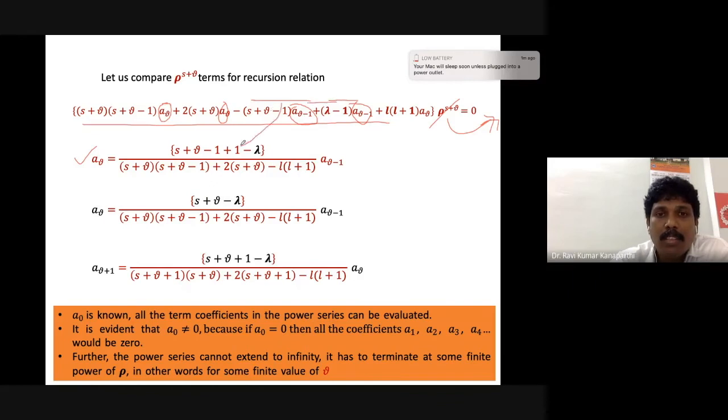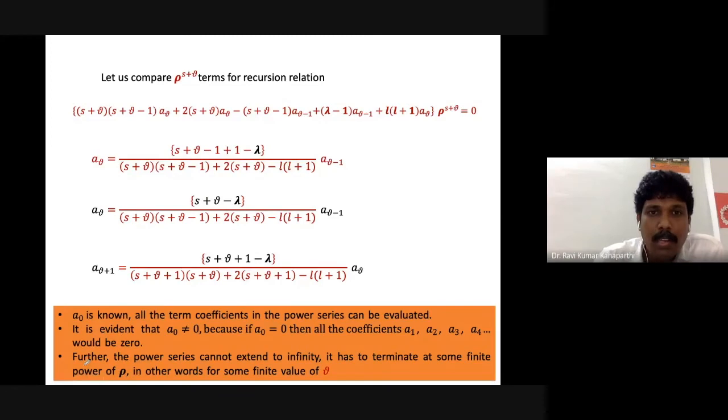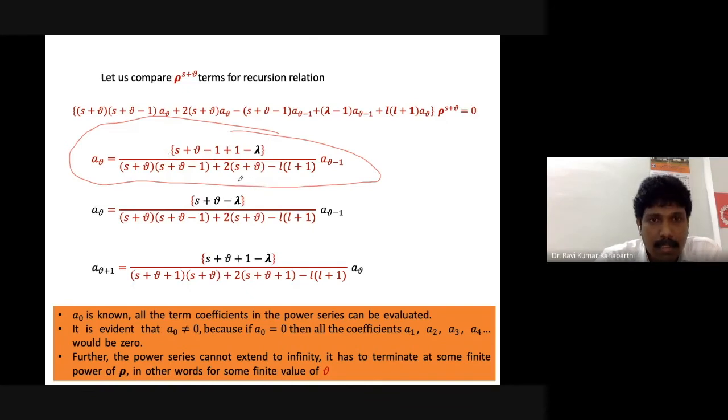So the numerator is basically this, multiplied by a nu minus 1, and then the denominator has all these coefficients, this one and this one, and there is another one, the last one. So the denominator part is here. You can cancel this 1 and 1, and write it like this. It is very straightforward to get this recursion relation, and if you cancel it, you will get this recursion relation.